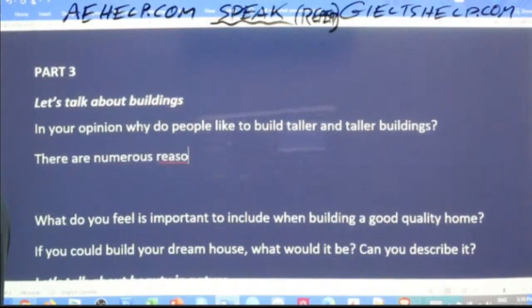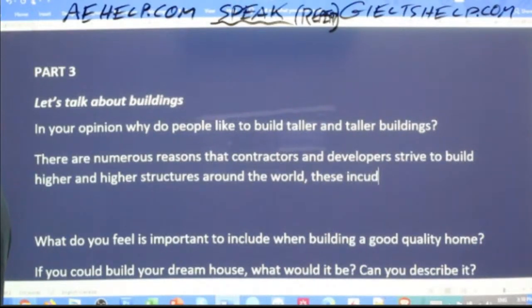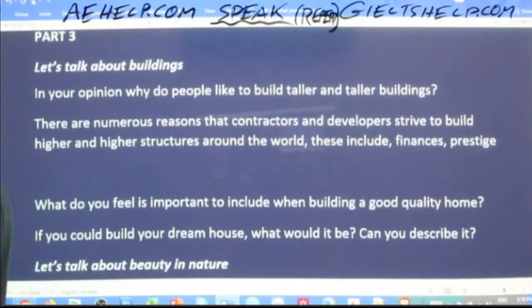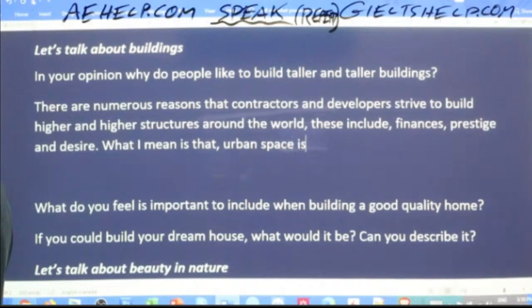Okay, so there are numerous reasons that contractors and developers strive to build higher and higher structures around the world. These include finances, prestige, and desire. What I mean is that urban space is limited.